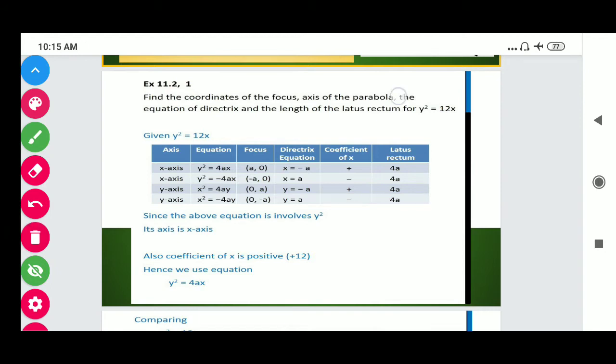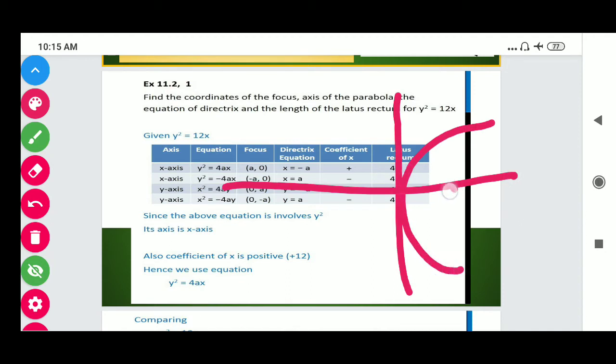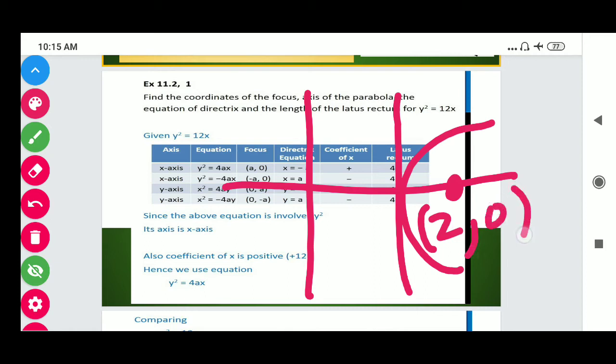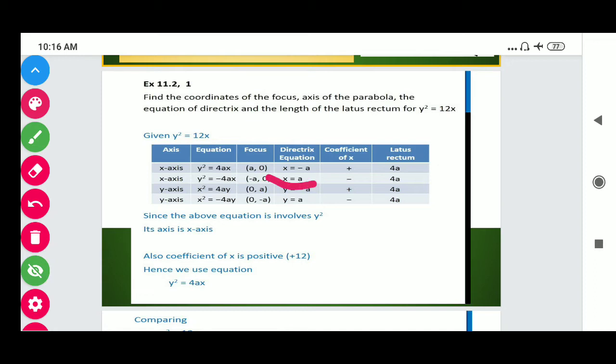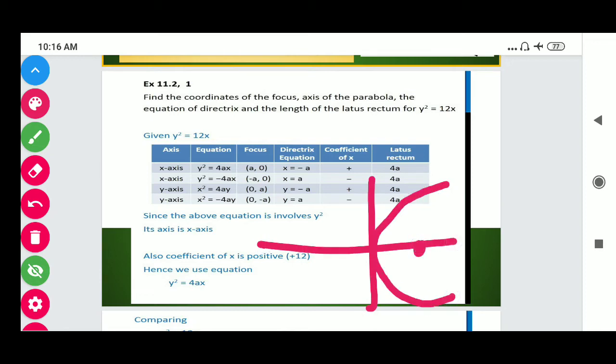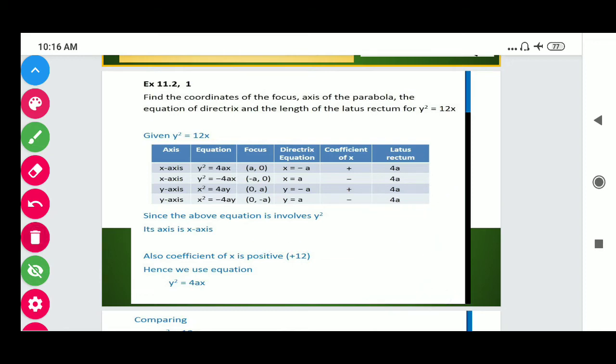I'm explaining again. Suppose students, we have a focus here and a directrix. This point is supposed to be 2, then this is -2, and the vertical line is of x, so its equation will be x = -2. In this way, the equation of the directrix will be x = -a, and the length of the latus rectum is 4a. What is the latus rectum? I explained just now that if we draw a line that passes through the focus and cuts the ends of the conic, then that makes the latus rectum, and the length of the latus rectum is 4a.